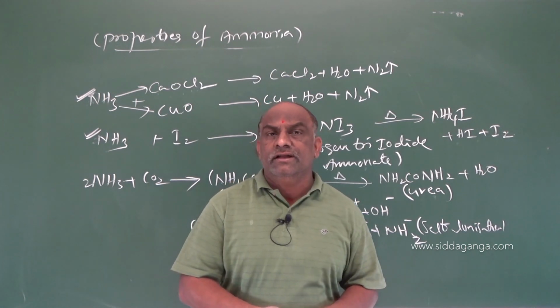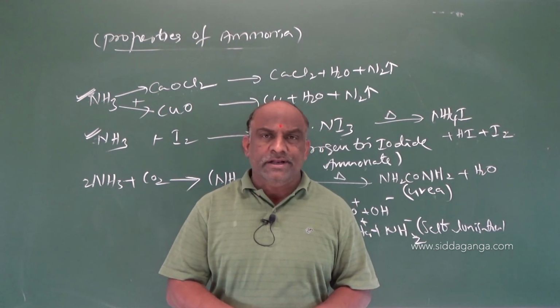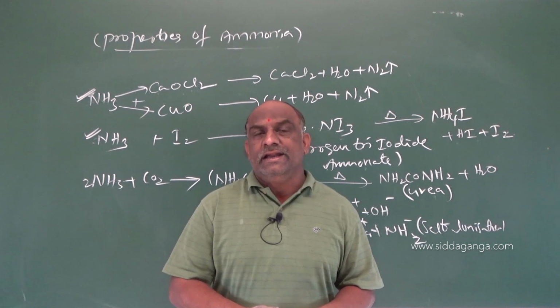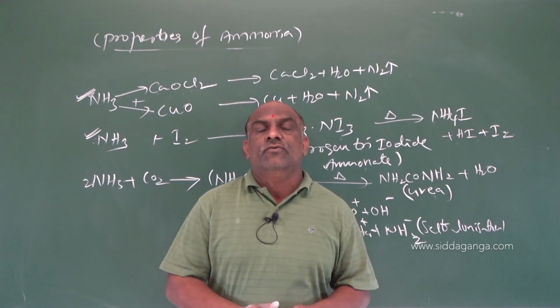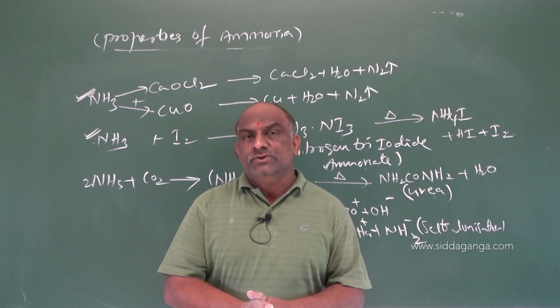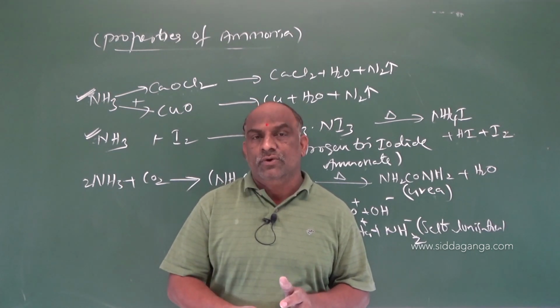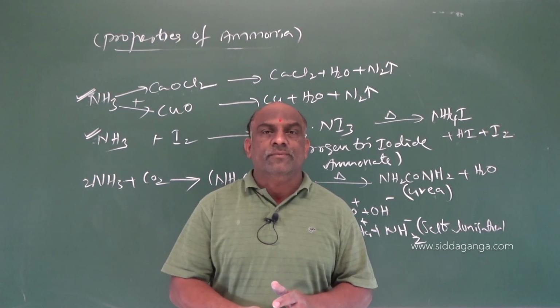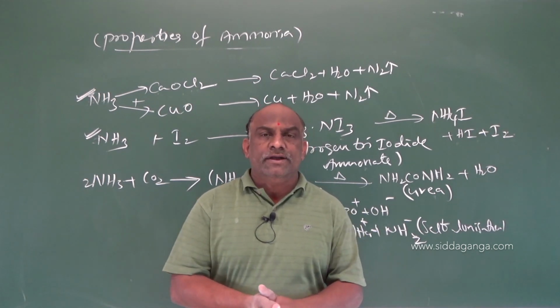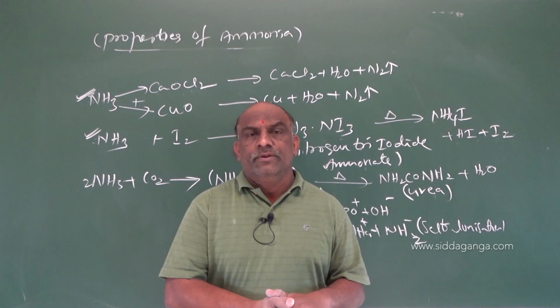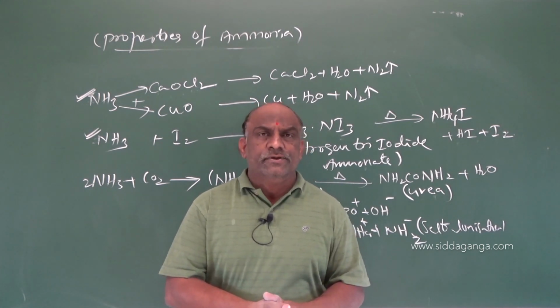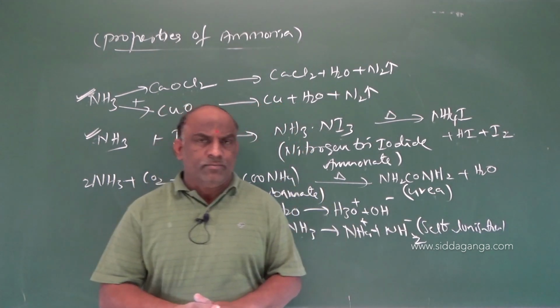Instead of tetrahedral, the shape of the geometry is pyramidal. And for dehydrating, meaning removal of water from ammonia gas, we do not use sulfuric acid or calcium chloride; we can use CaO, quicklime. Quicklime can be used to eliminate the water molecules. So this was the preparation and properties of ammonia.